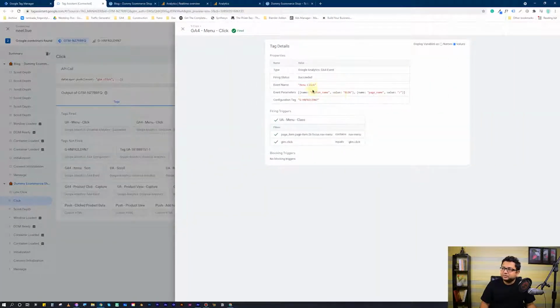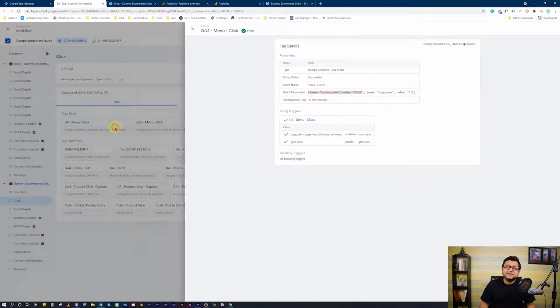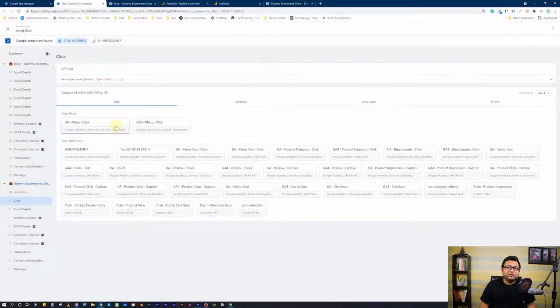But if I open GA4 menu click, you will see that this information is going as name value pairs, right? Name is page name, value slash, name is button name, value is blog. Now, if I wanted to pass in more information, such as let's say the color of that button, right? So I could have passed that in from here. So that's the biggest change that has been seen in GA4 events, and it has made the structure much more flexible to your own data architecturing, right? You can architect your own data how you want it, and the parameters will help you get there, right? That's the beauty of it.